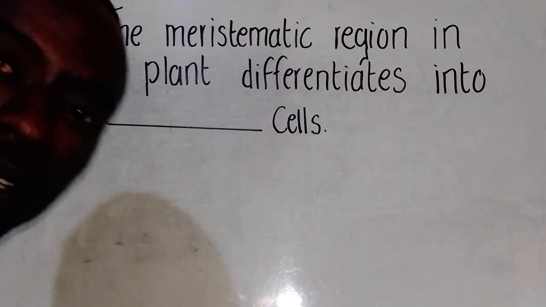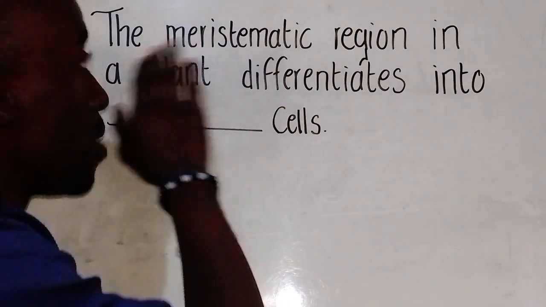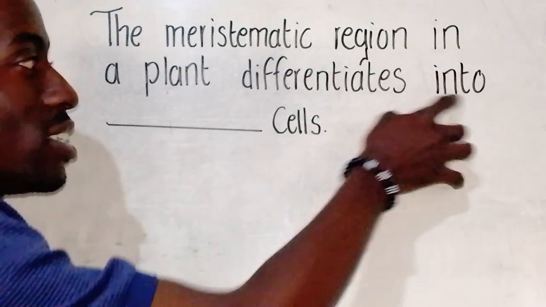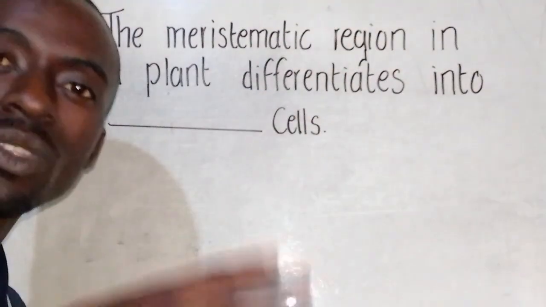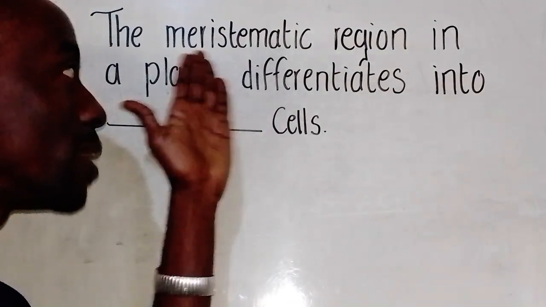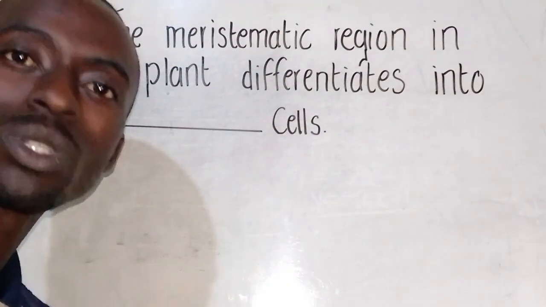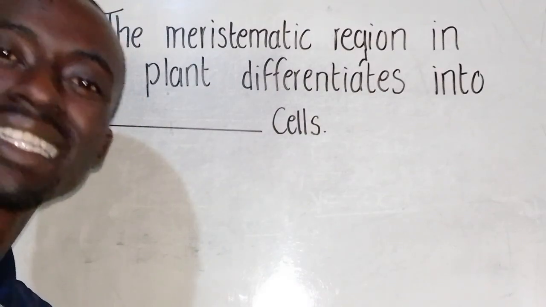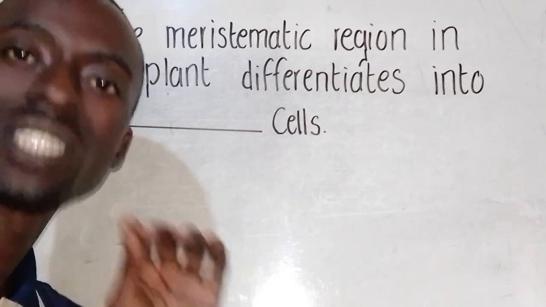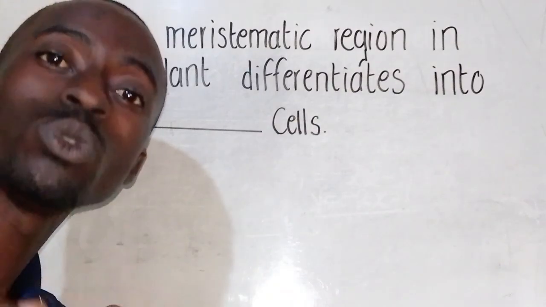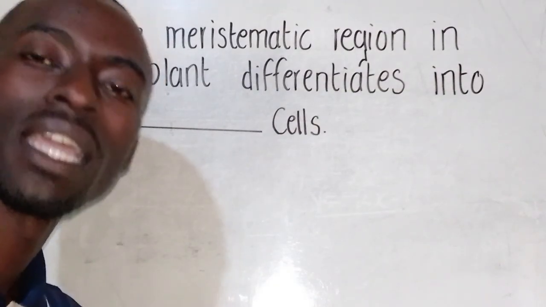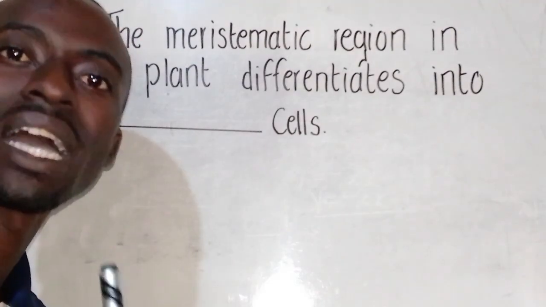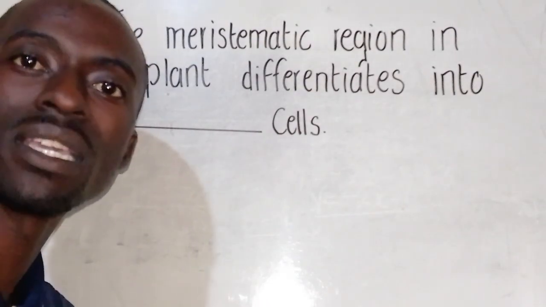So we have a biology question that says the meristematic region in a plant differentiates into dash cells. You need to understand that when they say meristematic region, it is also known as meristem. It is a region within a plant where there is active cell division. Cell division simply means producing new daughter cells. During this process, the cells are undifferentiated, meaning they do not have